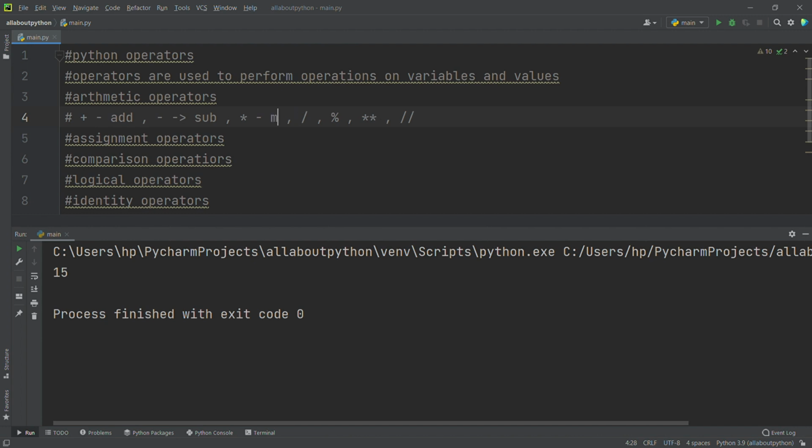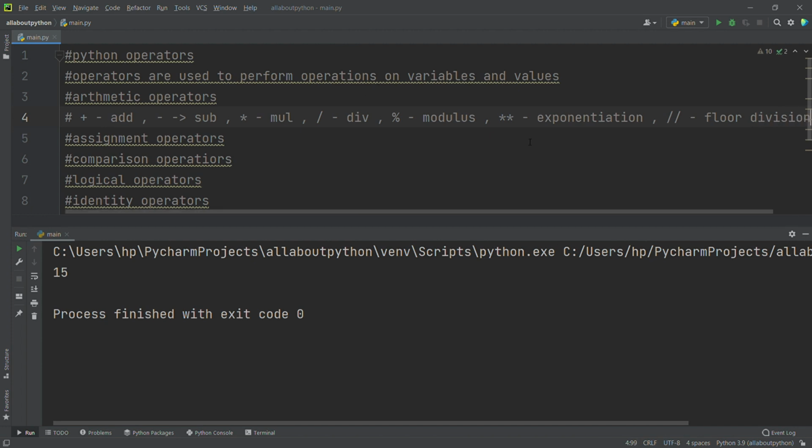This is multiplication, this is division, this is modulus, this is exponential, and this is floor division.